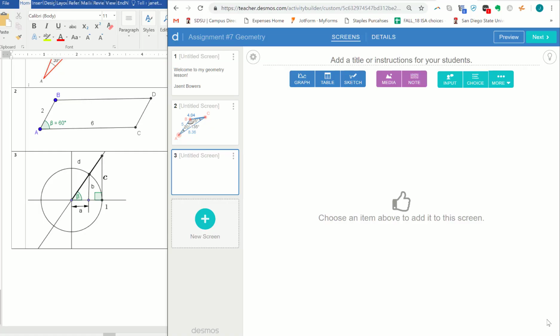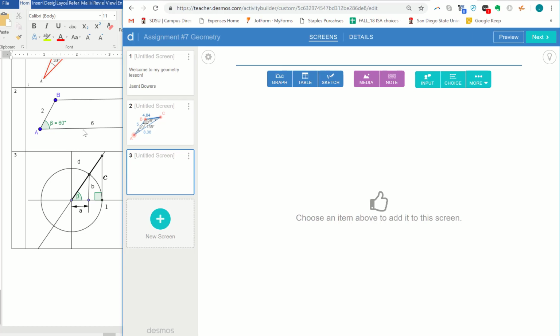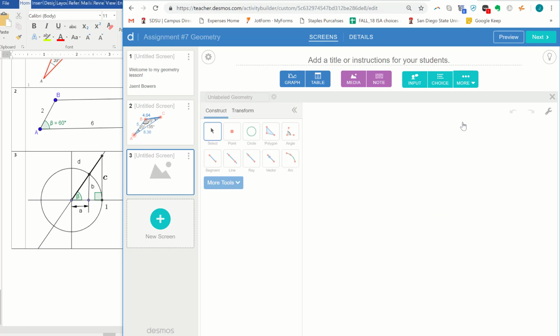Okay, the second figure that I asked you to draw is a parallelogram with a side length of 2 and the interior angle here, beta, to be 60 degrees. And then the longer leg to be 6. So let's go ahead and go to a new slide, and then I'm going to add a geometry